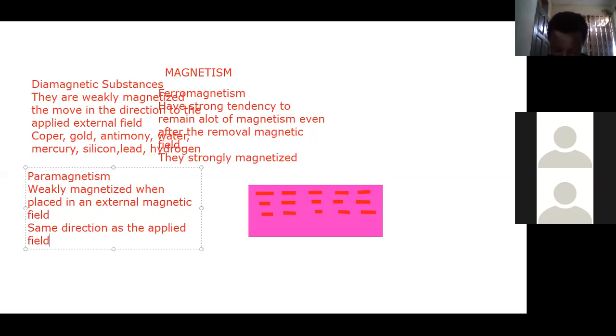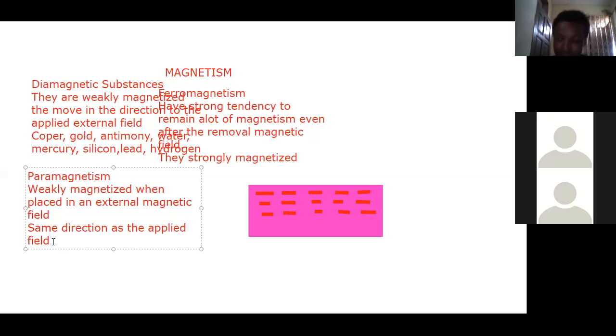They normally tend to move from the weaker to the stronger part of the field. The magnetism exhibited by a substance that falls under this is what we call paramagnetism.